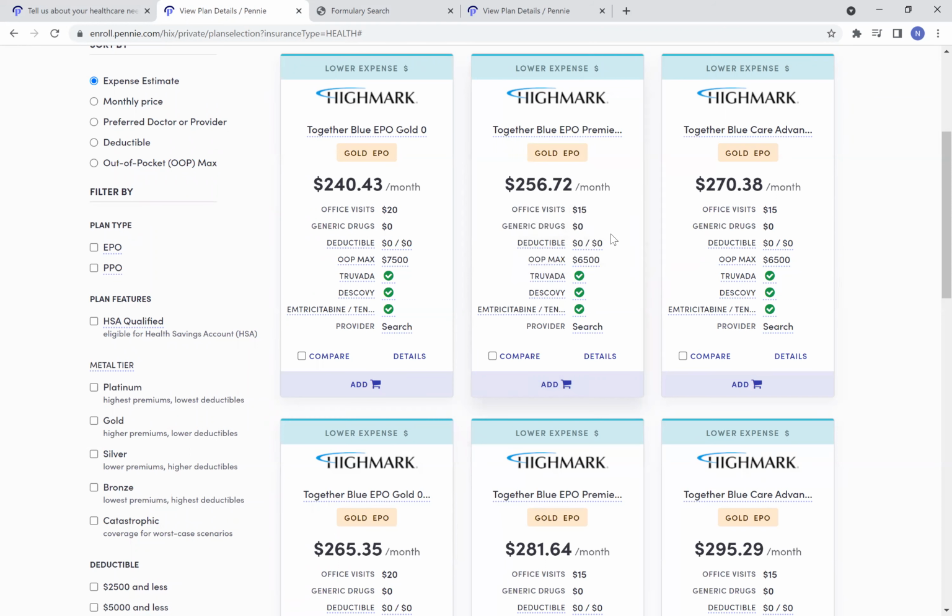So this was a brief walkthrough on how to verify PrEP medication coverage under health plans on the Pennsylvania state-based exchange. If you have any questions about finding your plan information or the medication information, please contact us at